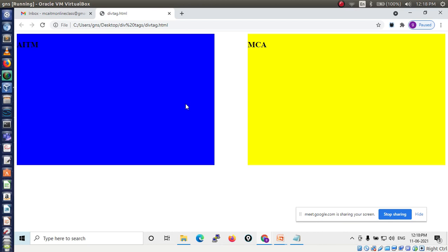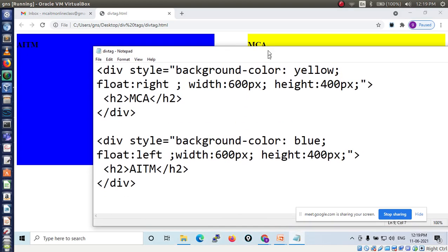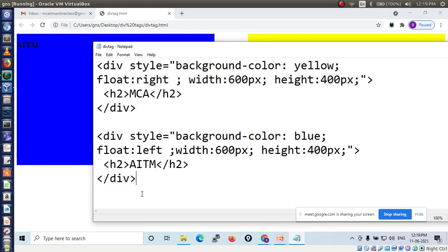Now I will make another division tag here. I will display one more point. You have seen it in different kinds of websites. Let me see what will happen.